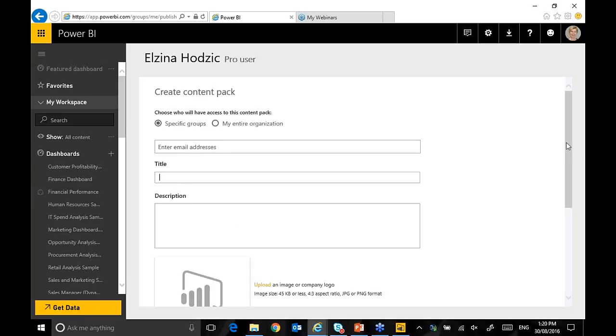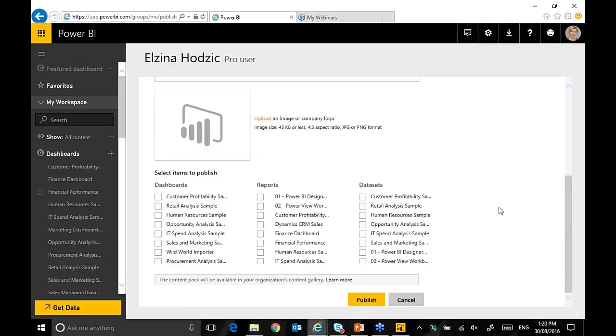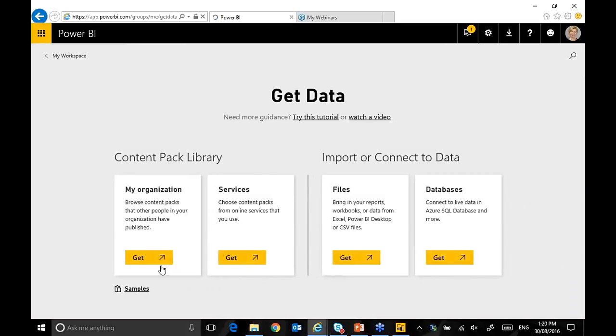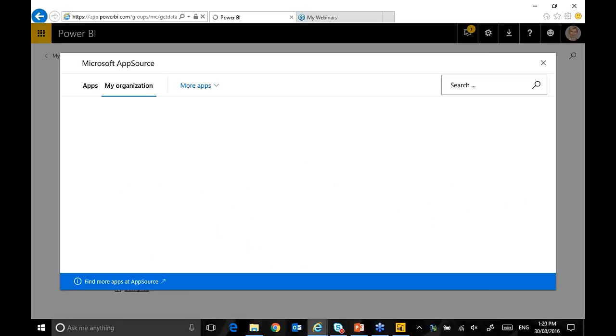The title, description. What's more important in here is you can add different data sets, different reports, and different dashboards into a single content pack. You are packaging your data sets, your reports, and dashboards, and then you're sharing it with the rest of the organization. These are then accessed by your organization by basically going into the get and accessing this and clicking on